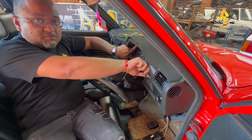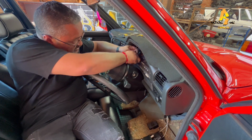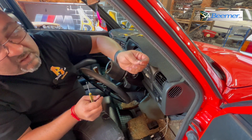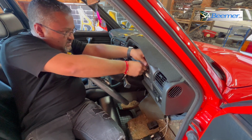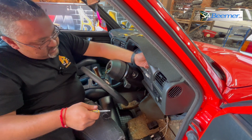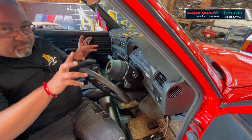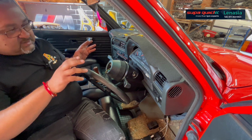Now, if you look here, you've got another 2 Phillips screws. That's holding the cluster on the ears to the dashboard, and you'll find a lot of the clusters are always broken on these ears, right? That's purely because when we're putting them back in, the guys like to force them because you've got to wiggle them a little bit, and then they tend to break off. So again, medium length, black head, that's all to bolt the cluster to the dashboard. Okay, so in total, we've got 6 Phillips holding the drum plate to the dashboard and to the cluster respectively, and then we've got 2 screws visible from just the cluster side holding the cluster to the